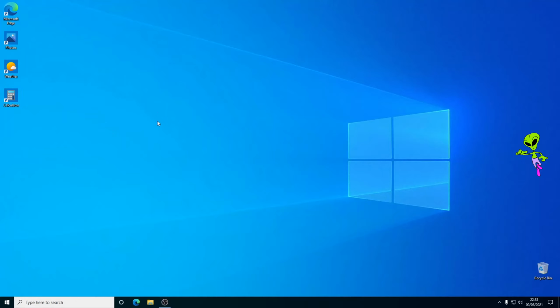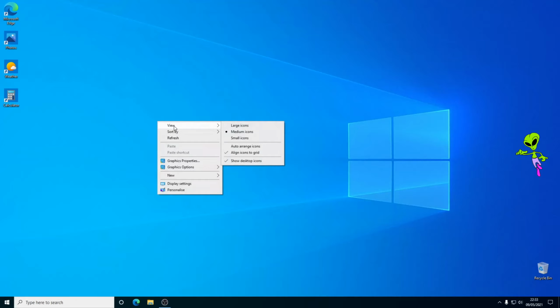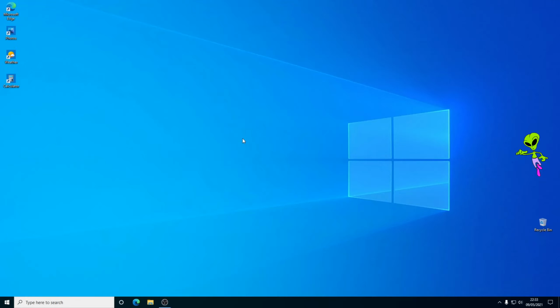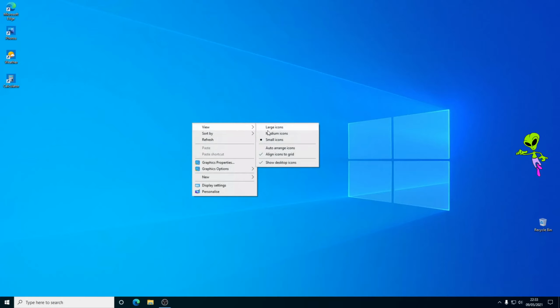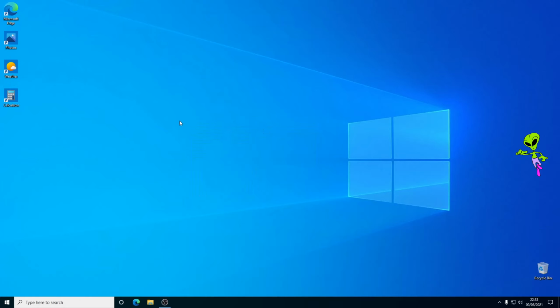You just put your mouse into an empty part of the desktop, press the right mouse button and you'll get a menu. At the top of the menu you have View, and as you can see over on the right, if we go to View, we've got large icons, medium icons and small icons. If I change it to small, the icons get smaller. If we do it again, View, medium icons is where we were originally, and View, large icons, and make them